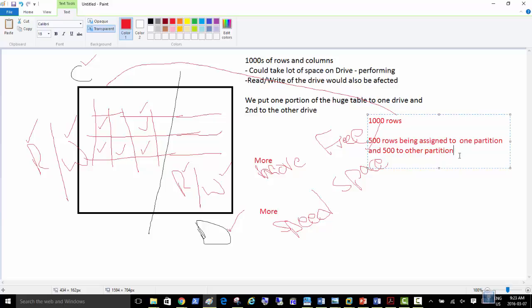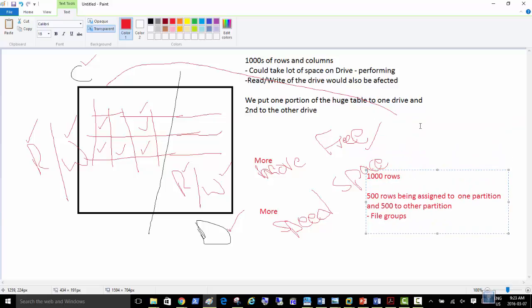We're going to have file groups created, and file groups will be available, and there will be files attached. Let me just put the whole thing. Files will be attached to file groups. How does it all connect together? And then two hard disks will be available.